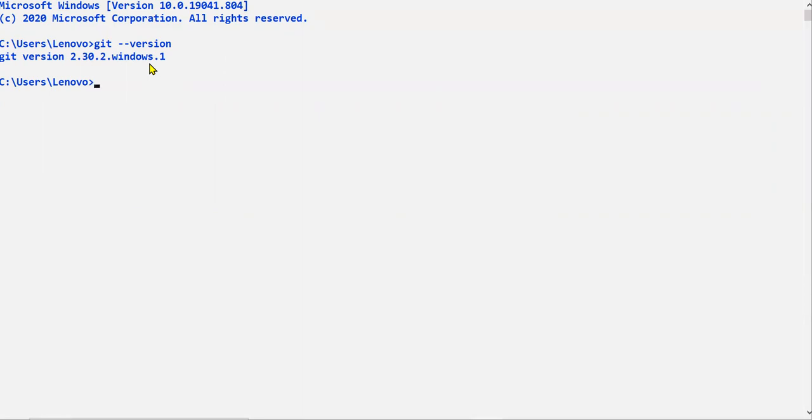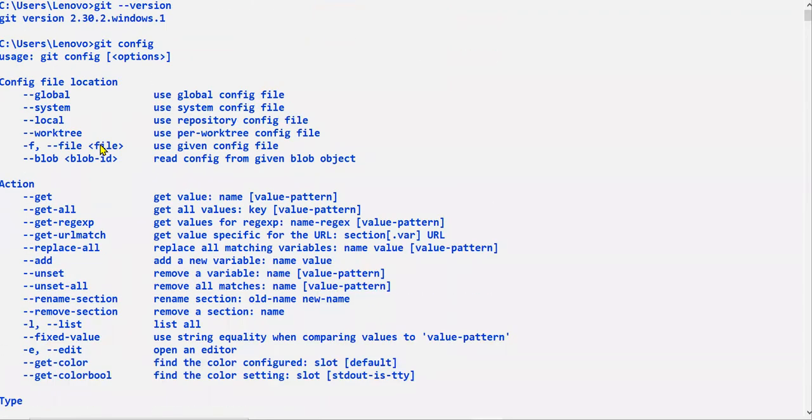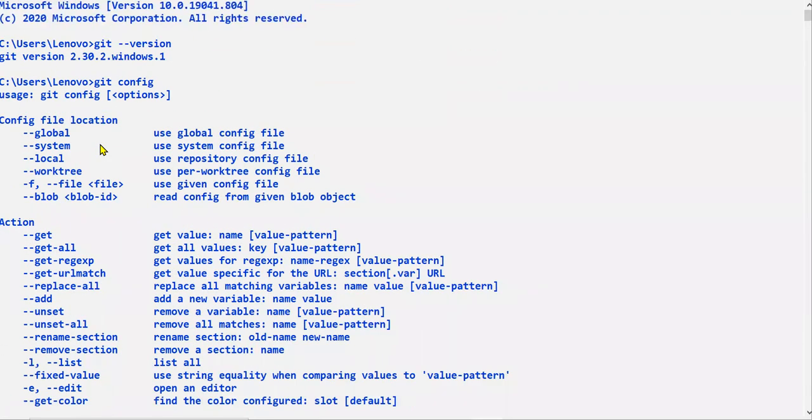Next, if you want to get information about configuration, or if you want to know the list of commands which we use with Git, use git config. You can see there are a lot of options available. So with git config, a lot of options are available.